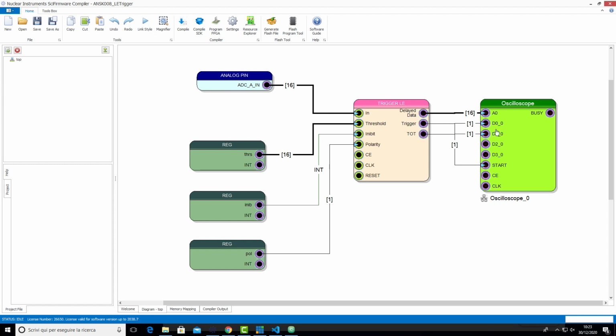The oscilloscope receives the analog data acquired by the ADC, and has 2 digital tracks, one for the trigger, the other for the time over threshold. The trigger is also connected to the external start of the oscilloscope, in order to use the trigger to start the acquisition and the digitizing of the waveform inside the oscilloscope in a synchronous way.